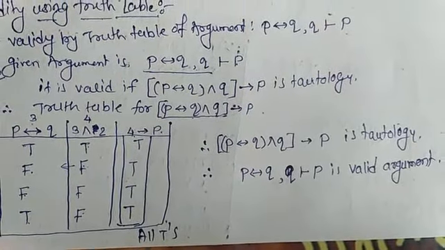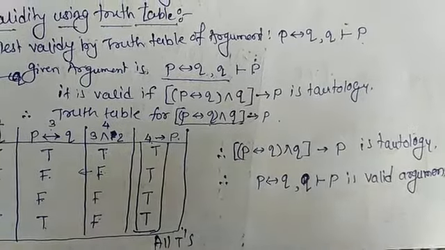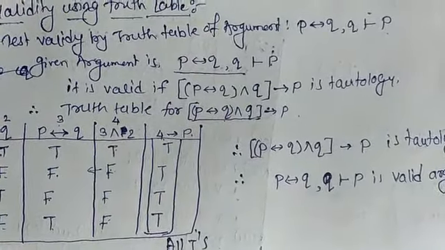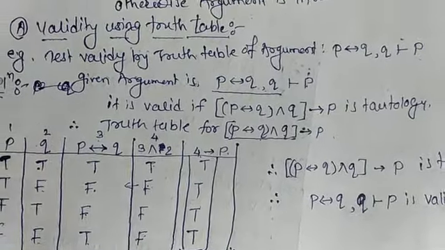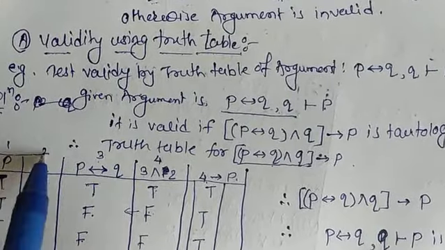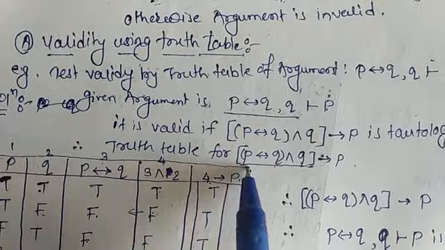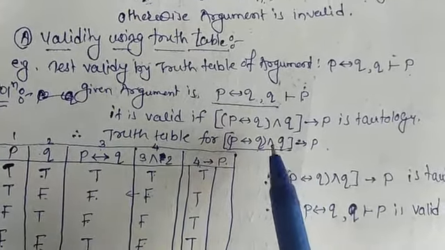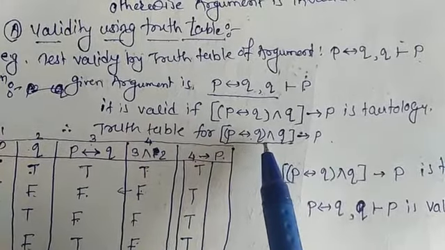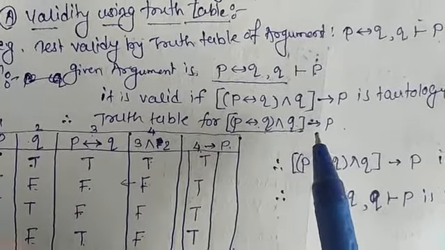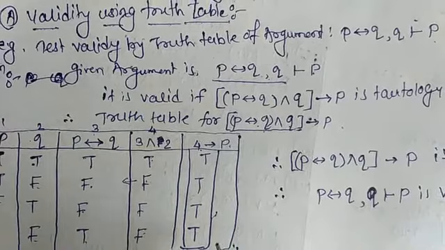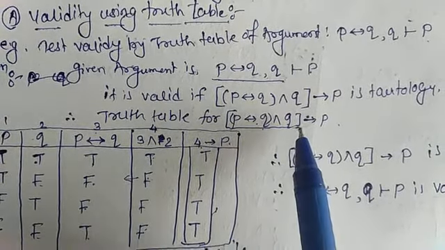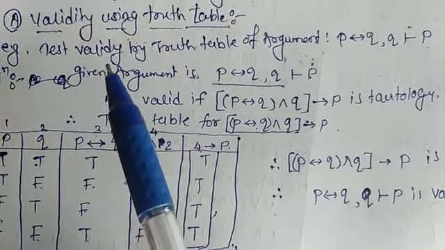Okay, so this is the process for finding the validity by using a truth table. First we find the proposition for which we have to draw a truth table. After that we check whether the value of the proposition is a tautology or a contradiction. If it is a tautology, it is a valid argument, otherwise it is